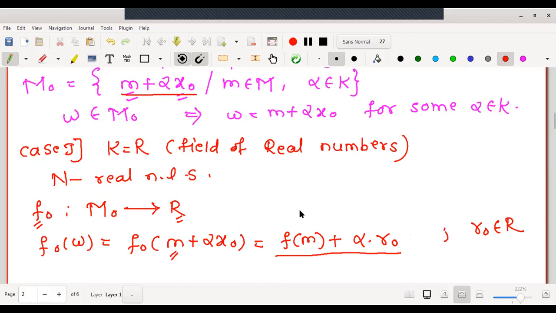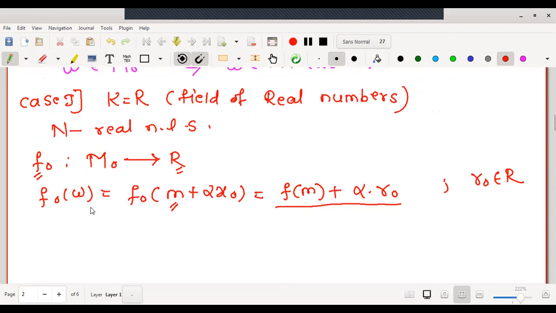Okay, now let me go for proving all the claims one by one. Let me repeat again how many claims we have. First step, we will prove F naught is linear. Secondly, we will prove that it is an extension, and proving continuity, that is boundedness, will be covered in the last part. In the last part, our aim is to prove norm F is equal to norm of F naught. While proving this third step, it will be automatically proved that F naught is bounded.